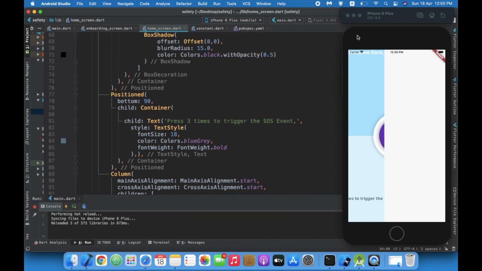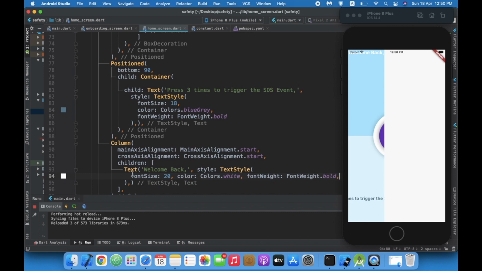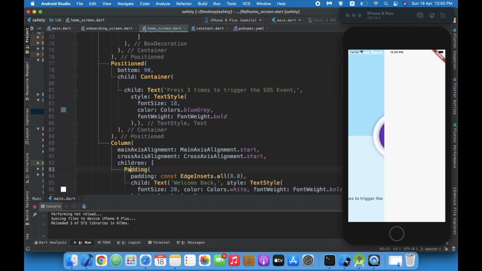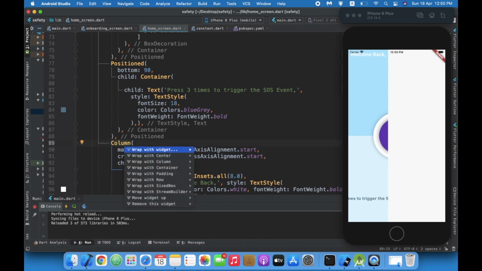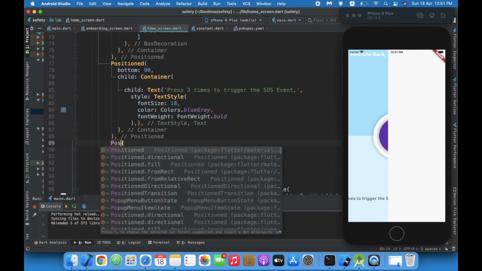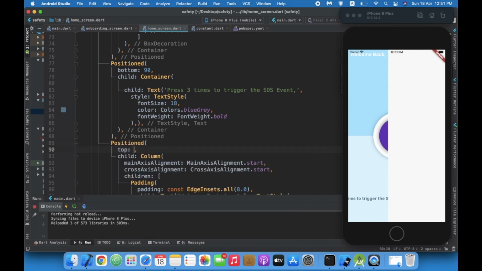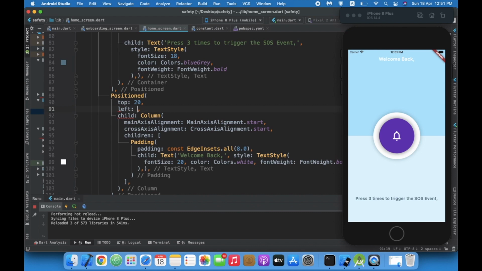I will give a bit of padding from top. Wrap with positioned and top I'll say 20. Okay, so welcome back. Okay, welcome back over here. Left is also 20.